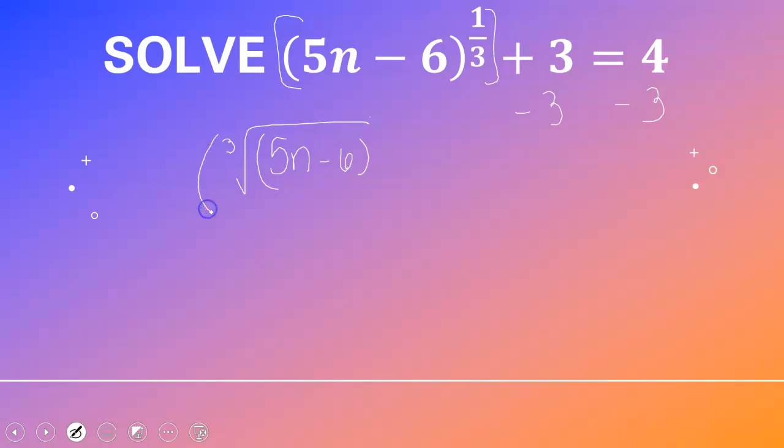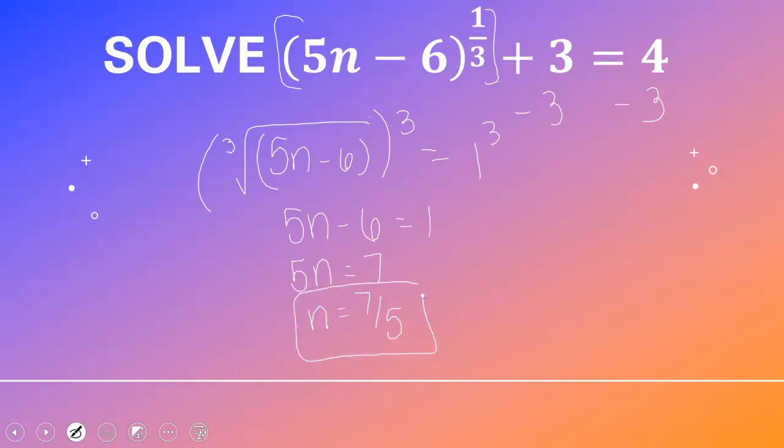So we're going to get rid of that by cubing both sides. And again, you can take your answer and plug it in real quick to check yourself, but you don't have to worry about it being an extraneous